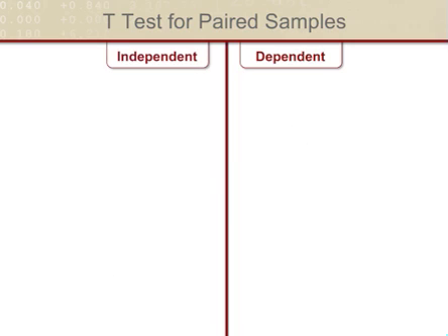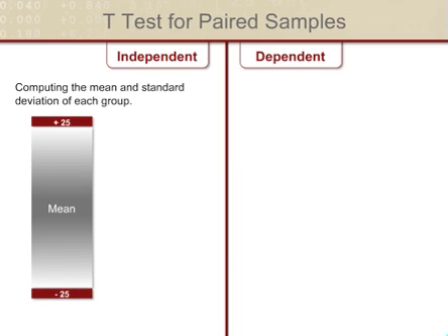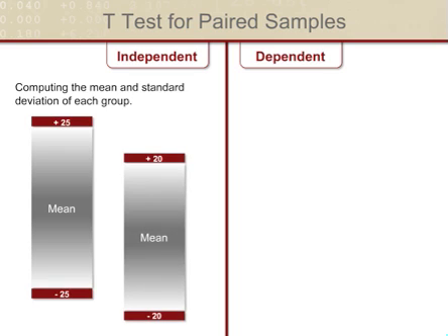With independent samples, we're computing the mean and standard deviation of each group. Well, one problem that can exist is that the spread of the group can be so big that the other group has to be way off before you can say it's a significant difference. If I had one group of scores or weights with a 50-point spread, and I'm comparing it to another group with a 40-point spread, the two groups have to be really far apart for us to say there's a significant difference, because when you take the mean plus or minus that margin of error,